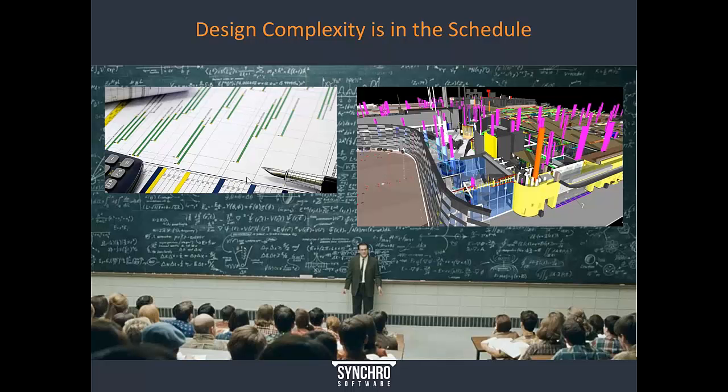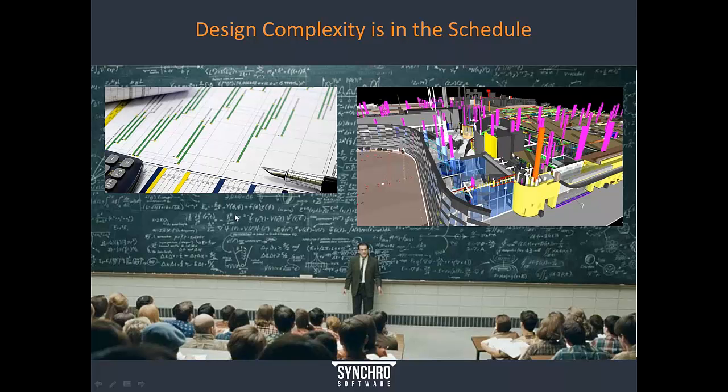One thing that's in the schedule for sure is increased design complexity. With the advent of BIM and the advancement of the data management and data capabilities within the BIM models, the design models that are being created are more complex than ever and increasing in complexity. This gives a lot of flexibility and freedom to those who are designing facilities, utilizing these tools, but it also presents challenges in terms of how to schedule the construction of these projects that are based on these design models.